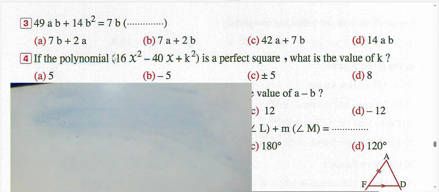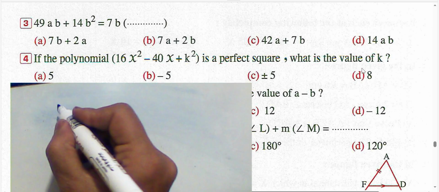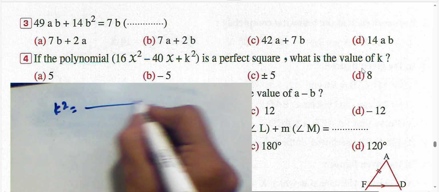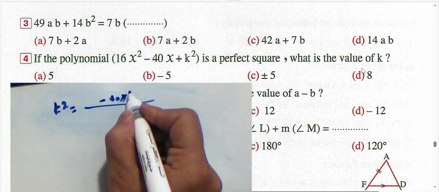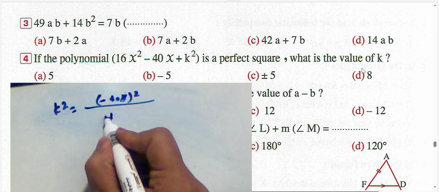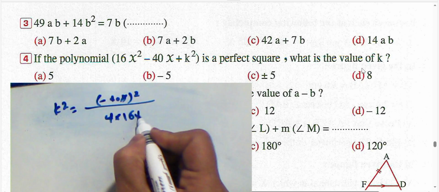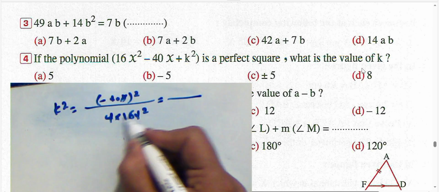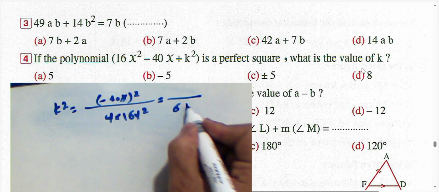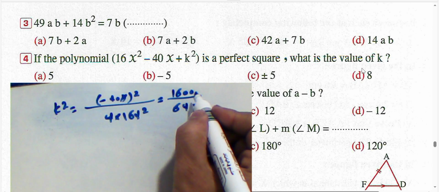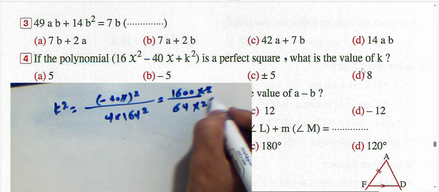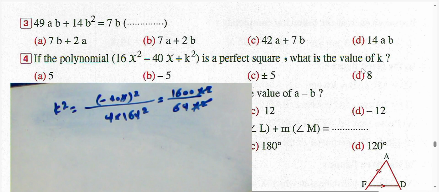Next question. The polynomial 16x power 2 subtract 40x plus k power 2 is a perfect square. The value of k equal? We know the third term in a perfect square equals the middle term power 2 divided by 4 times the first. Negative 40x power 2 divided by 4 times 16x power 2. 4 times 16 equals 64x power 2 and 40 power 2 equals 1600x power 2. We can divide 1600 divided by